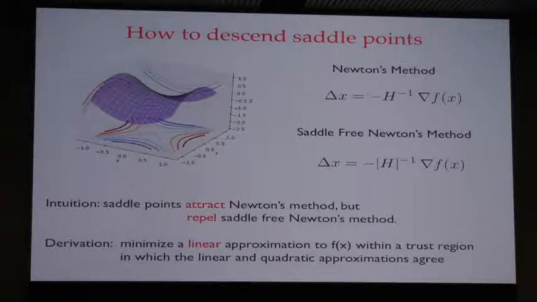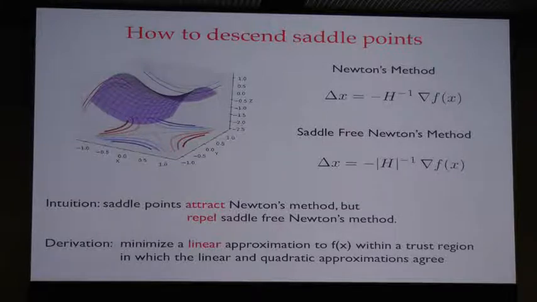Well, Newton's method is a gradient step weighted by the inverse Hessian. Right? So if you're in a direction where the eigenvalue of the Hessian is positive, that's great, you go downhill. However, if there's an eigenvalue that's negative, that introduces an additional negative sign that turns you uphill. Okay, so an extremely simple fix is just to divide by the absolute value of the Hessian, where by that I mean a matrix that has the same eigenvectors as the Hessian, but all its eigenvalues are replaced by their absolute value.